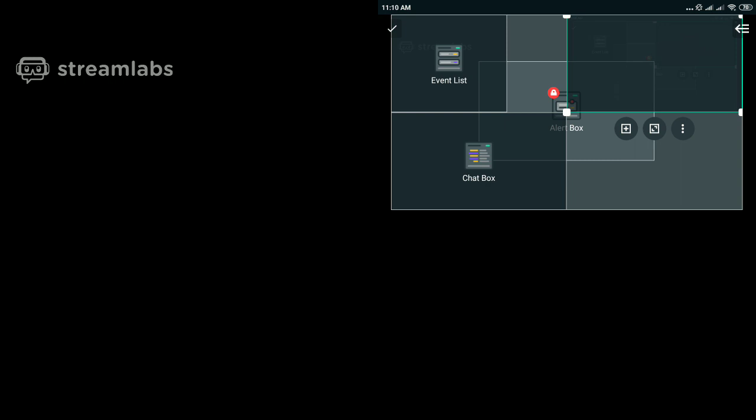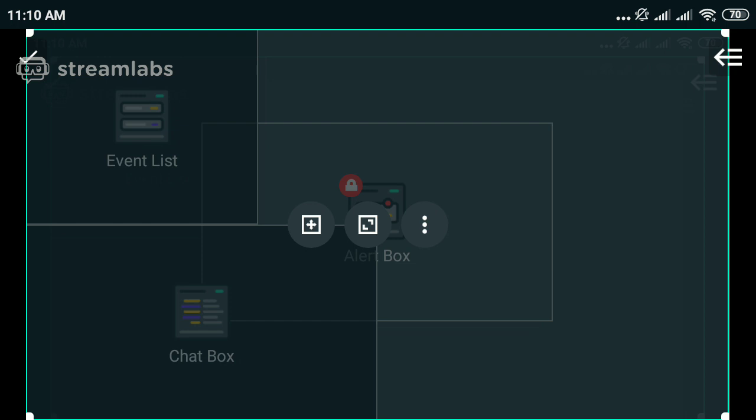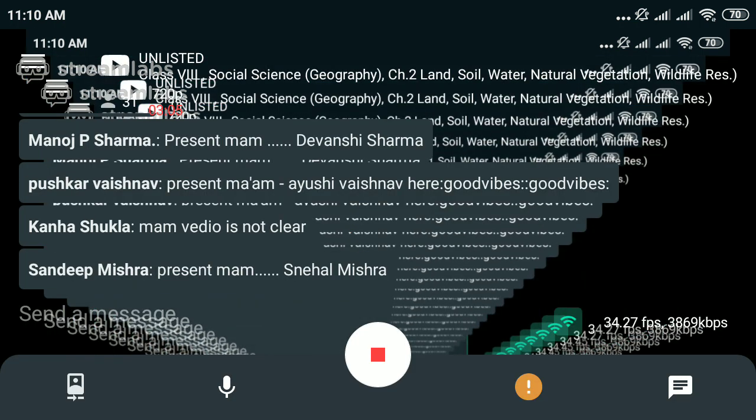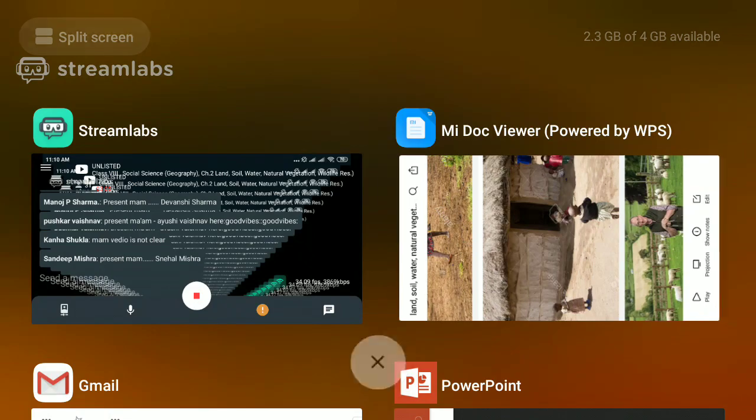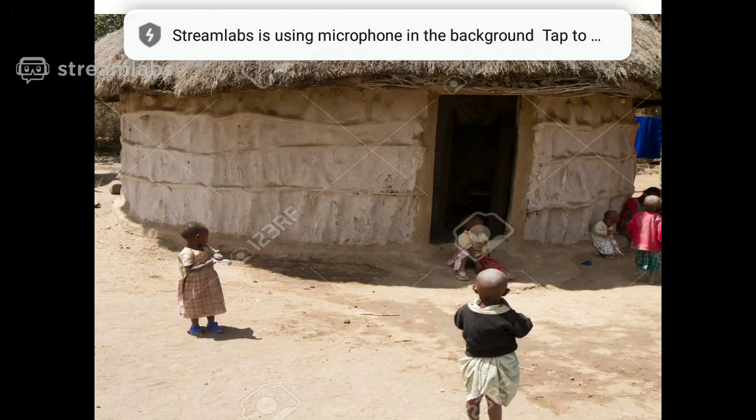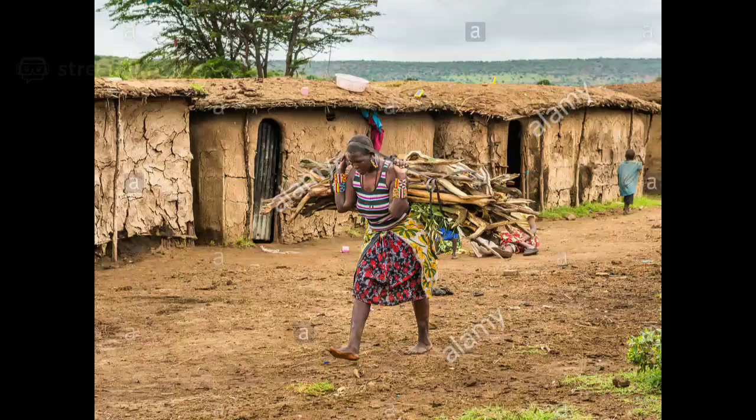But I have brought for you a picture of a village of Tanzania in Africa, then New Zealand, where there is grassland. Tanzania is a land which is very rocky and it's extremely hot. Because of that life is very difficult. You see here a picture of a Tanzania village, and a woman is carrying wood. See how difficult the life is, because the land is rocky and it's very difficult to grow anything over there.